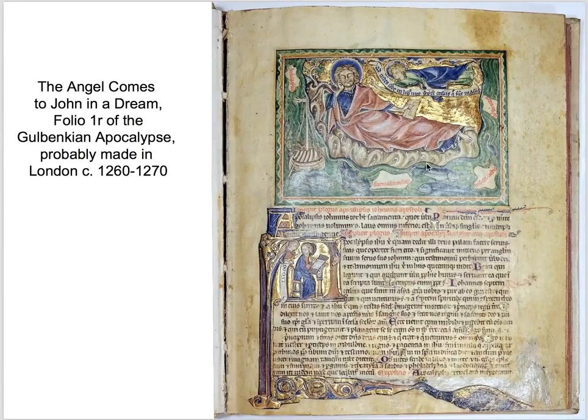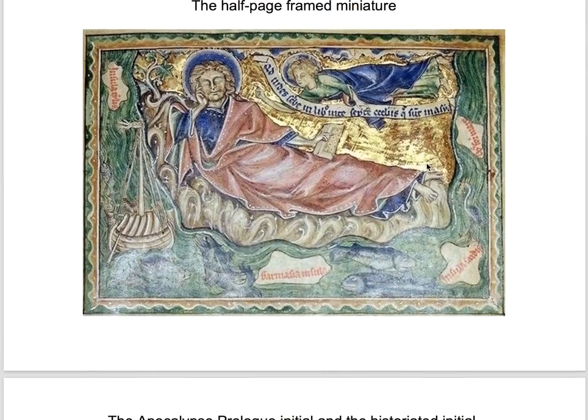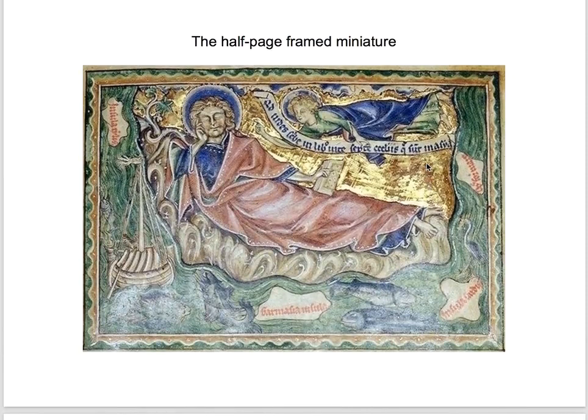So if we look then at the image, let's see, we've got our half-page framed miniature. We've got a little bit of the story, or the beginning of the story, as to how the Book of Revelation, which is also called the Apocalypse, came about. We've got John, and John has been exiled to an island